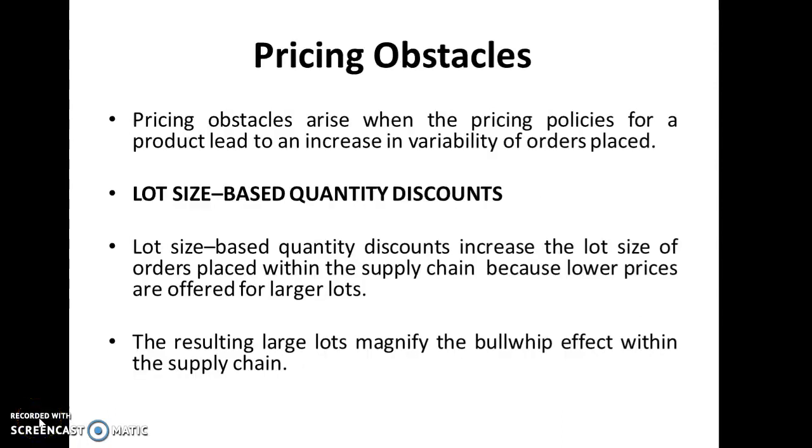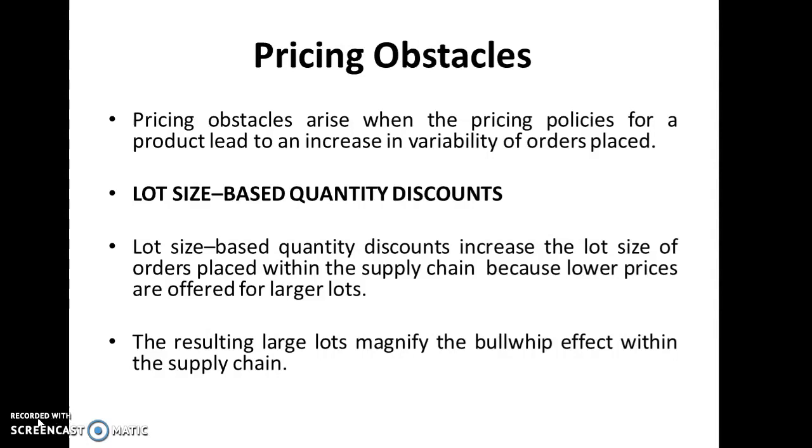Next one is pricing obstacles. Pricing obstacles arise when the pricing policies for a product lead to an increase in variability of orders placed. For example, lot size based quantity discounts. Lot size based quantity discounts increase the lot size of orders placed within the supply chain because lower prices are offered for larger lots. That is, if a firm announces